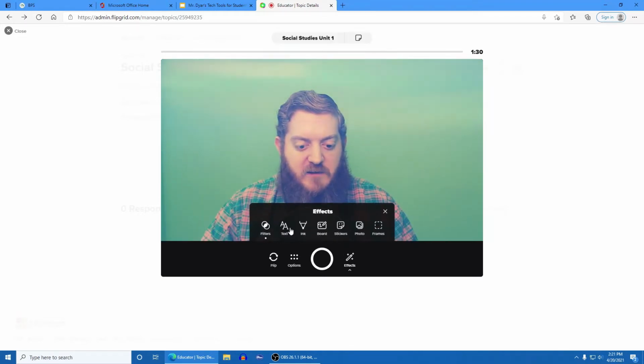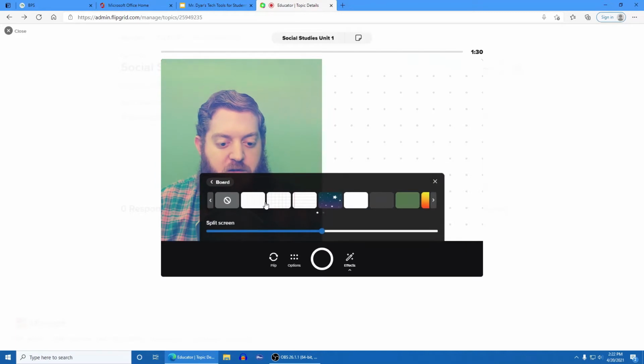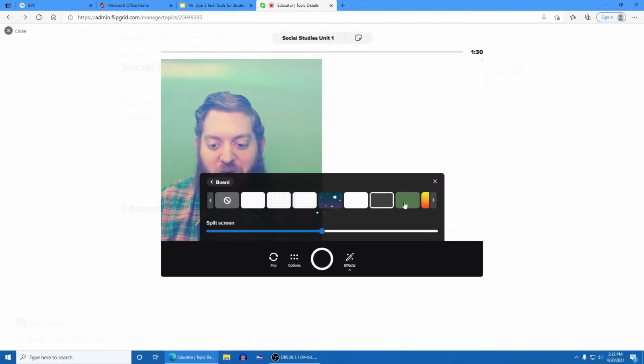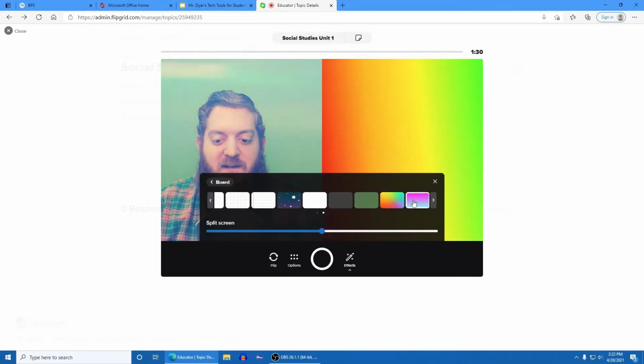Let's go out of the filters and we can include some text. Before I do that, I'm actually going to use a different tool, which is the whiteboard. So you can see I can include a dot grid, a graph. This could be utilized in math, and you can have kids showing off parabolas and things like that. If you are very tedious, you could try your hand at drawing using the mouse on your computer. I have a galaxy background, a whiteboard, a blackboard, a chalkboard, and then they have a couple more colorful options here at the end, just adding a little bit more excitement.